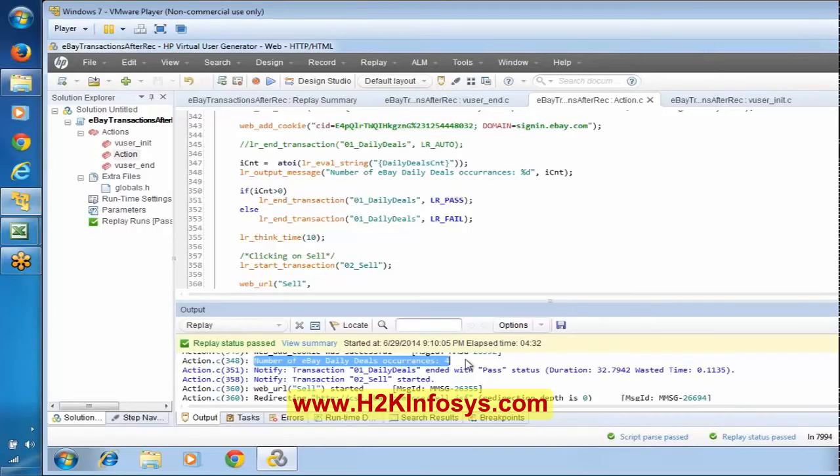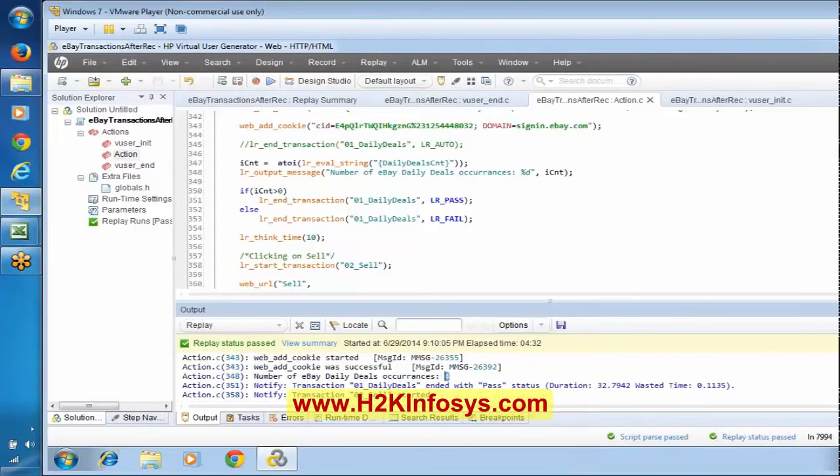It means in that particular request's response, this eBay daily deals text appears 4 times. That's the reason this number is 4 over here. Can you all agree? This is the number 4.